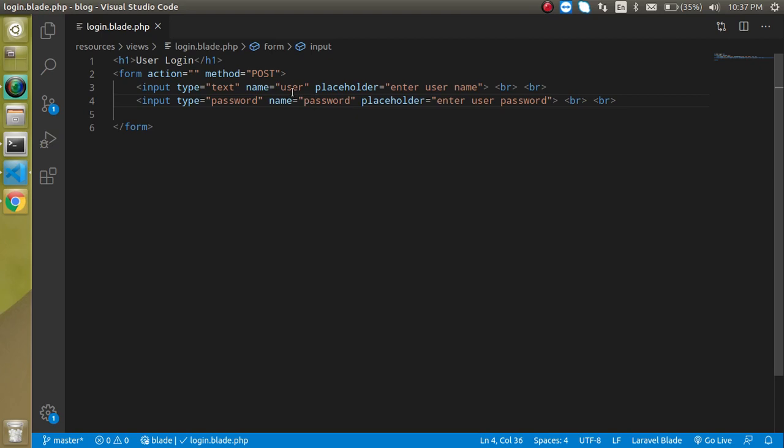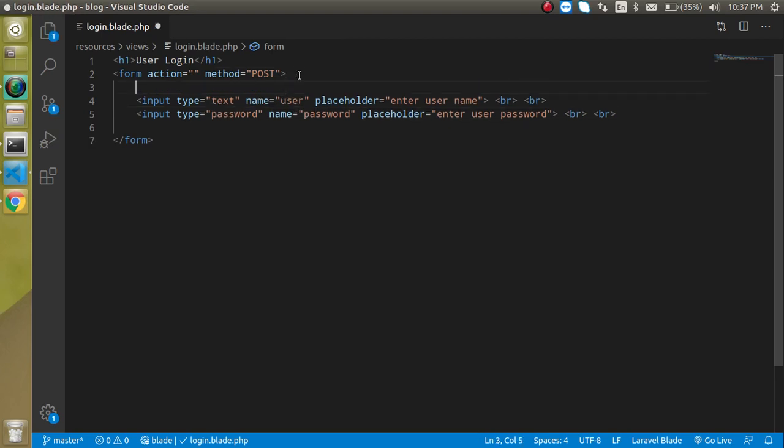One more thing, when we are using a post request and we want to submit the data, at that time we need to use the CSRF token so that it can authenticate that the user is sending the data from the current site. So just use @csrf, and at the last make a button, put here login, and write type submit, right?